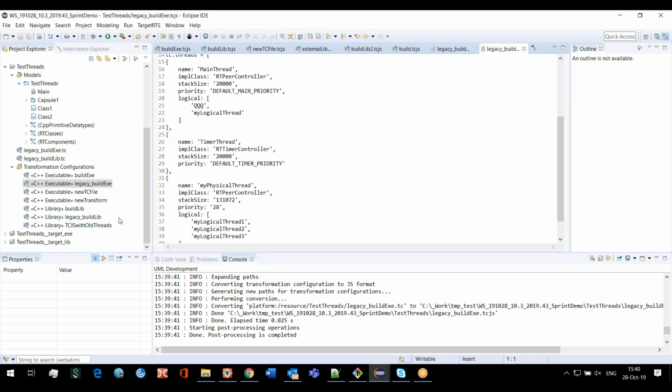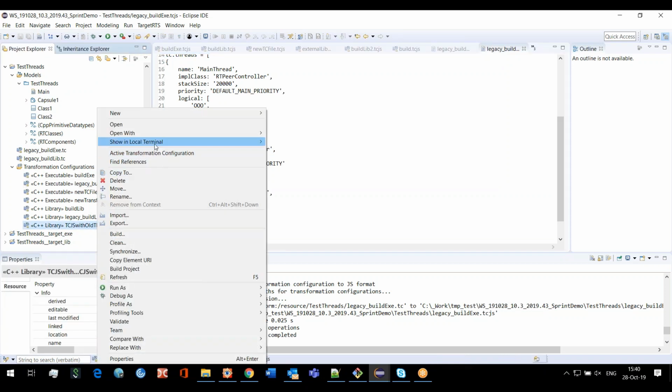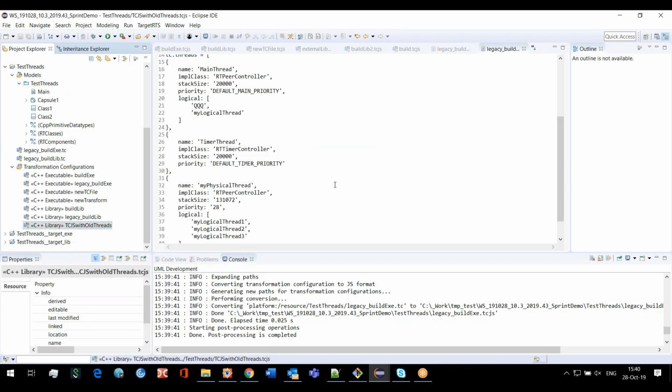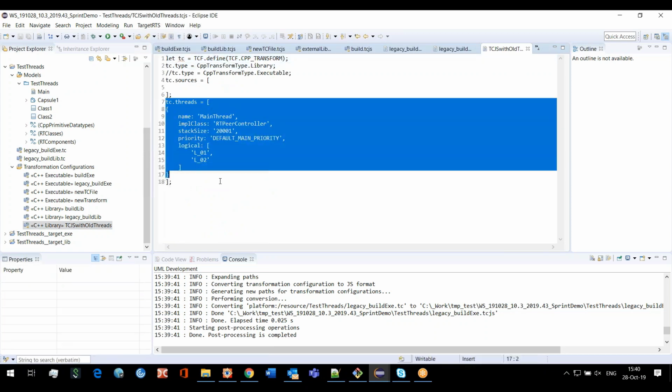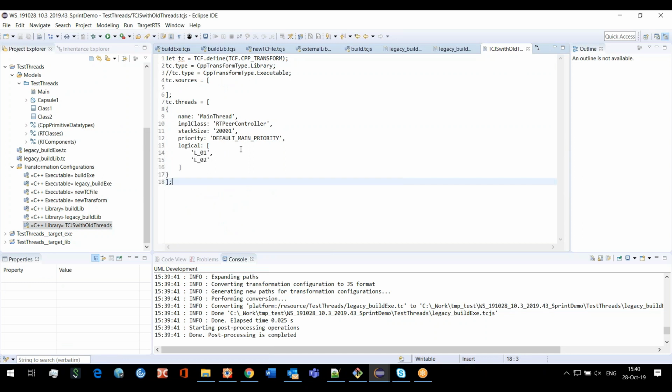And one final remark is that if you right now already have a library TCJS which is using this notation, so I have such an example. If you have a library TCJS that is using this, it is still supported. It was supported before and it is supported now, and it will be handled correctly by the TCJS editor and by the code generator. But as soon as you try to edit it